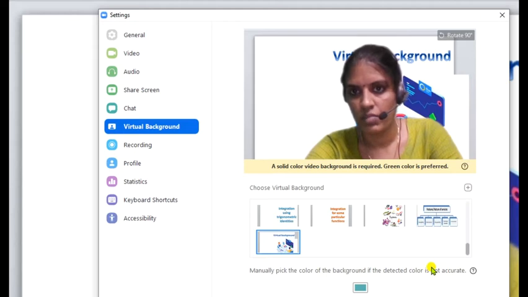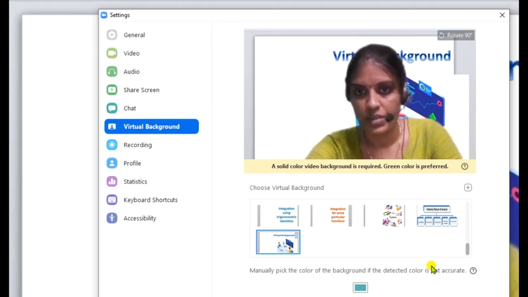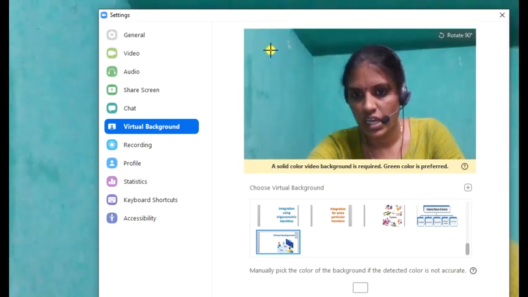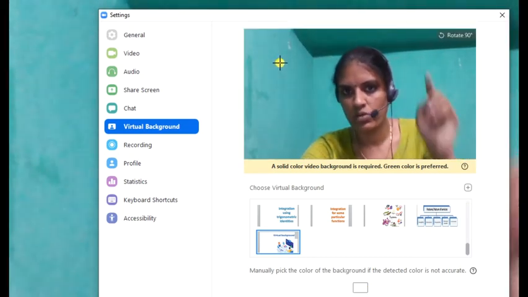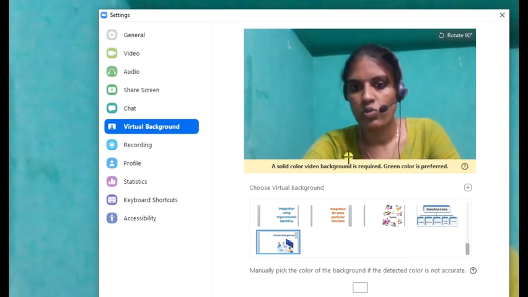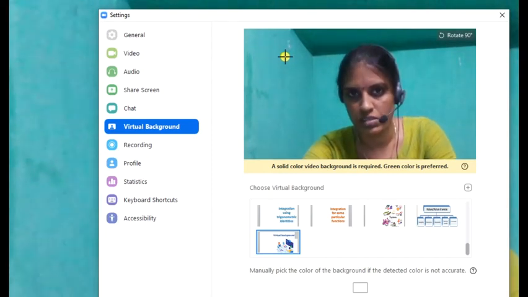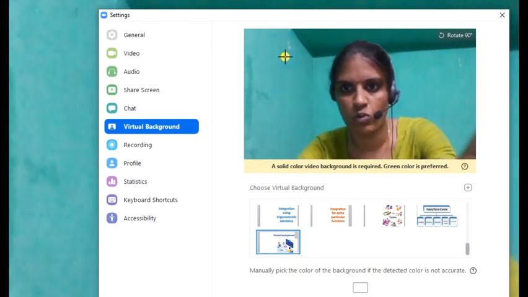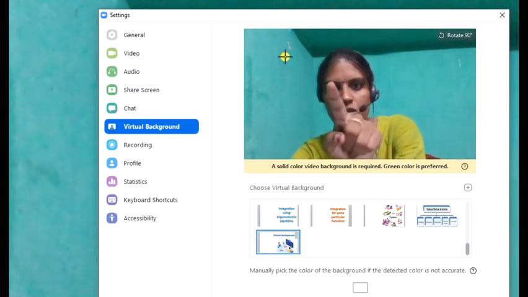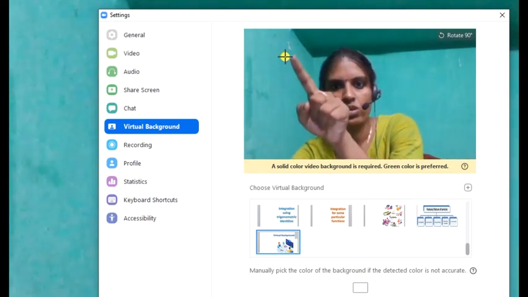You could see that the image appears on the background of mine. How it happened is, you could see something at the bottom, mirror the color, pick the color. The color I have in my background is that green color. When you click on that pick the color, automatically the arrow will be changed to a plus symbol with a circle like this, as you're seeing on my screen at the top.